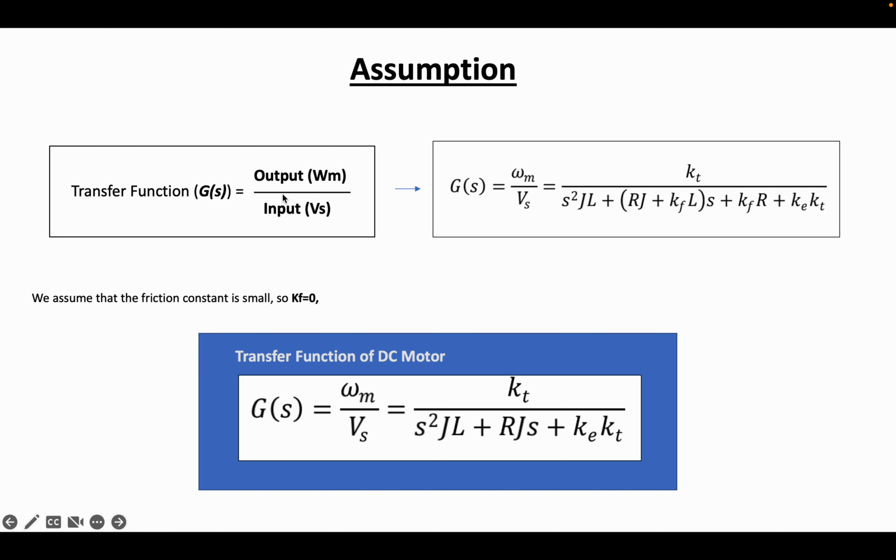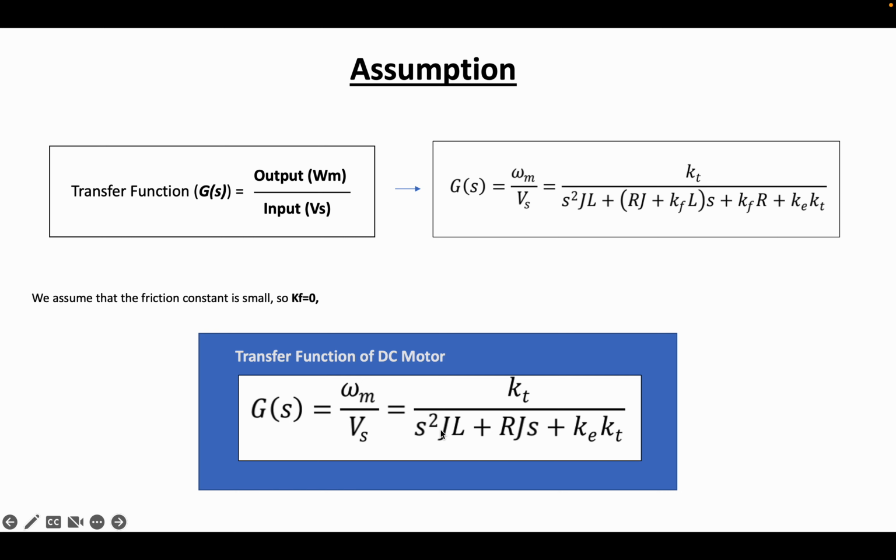For this report, I use omega m, the angular velocity of the DC motor, as the output, and the source voltage as the input. From equation number 6, we can find the transfer function of the DC motor. At the end, we assume the friction constant is small, so Kf is 0. So the transfer function of the DC motor, we get this one: omega m over Vs equals